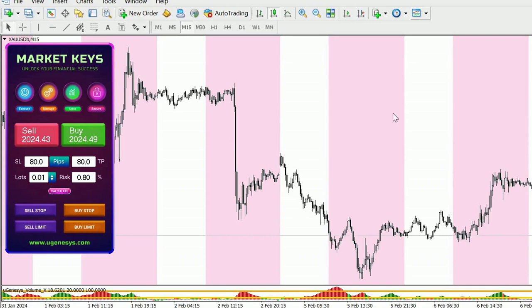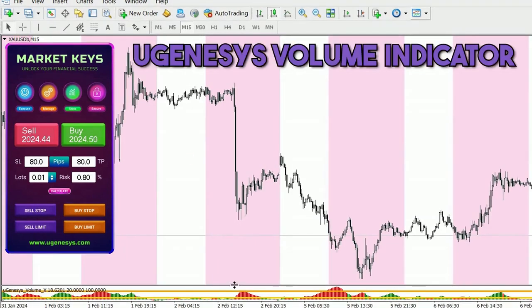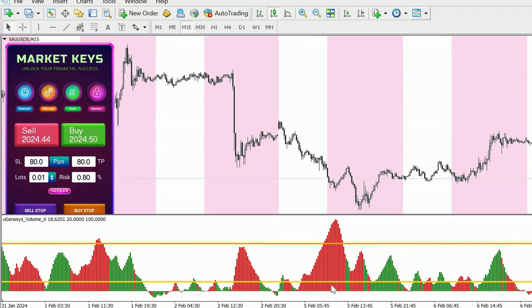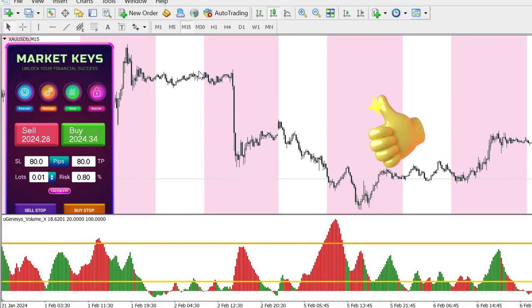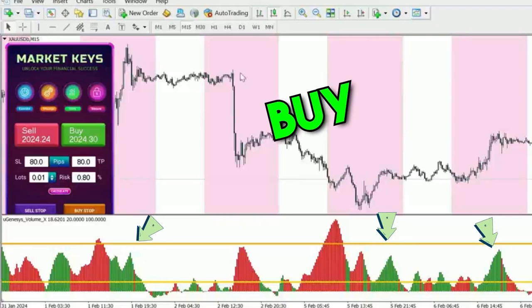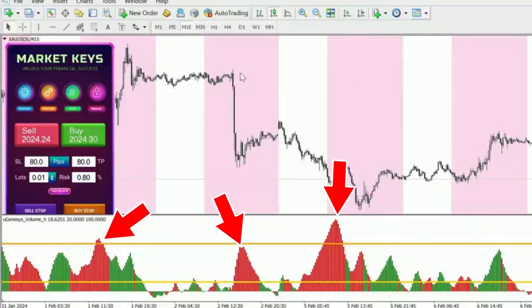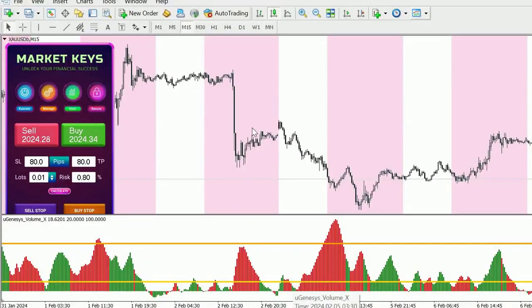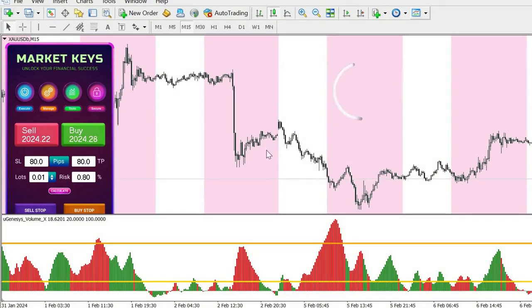chart. So we used our uGenesys volume indicator, and let me just pull this section up to show you the strategy. So whenever these bars are above this golden line, then we know we have sufficient volume to take the trades. So whenever the bars are green, that indicates that we need to be taking buy orders. And whenever the bars are red, then that indicates we need to be taking sell orders. And also, whenever the price action is within these highlighted areas, then we know that's a great time to take